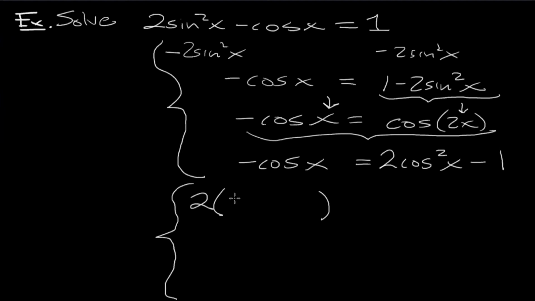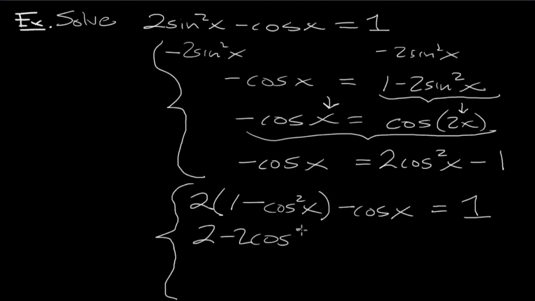It depends on where you live. So then 2 times 1 minus, so sine squared of x would be 1 minus cosine squared of x using the Pythagorean identity, which I'll just pronounce the way they do in the US. And then minus cosine of x equals 1. And if you look, is this different than this? No, because when I distribute this all out,